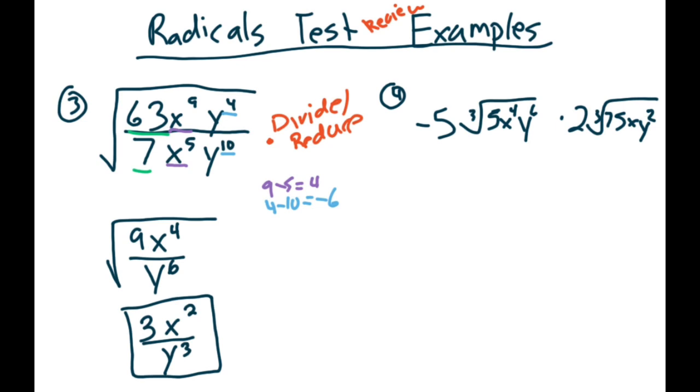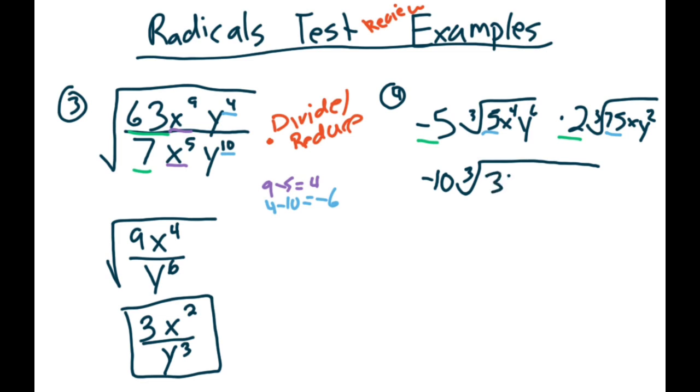So similar on 4, we're multiplying. So like on 3, where we divided first and then we simplified the radical, on 4, we're going to multiply first and then simplify the radical. So first, I multiply the outsides together, so I'll get negative 10. This will stay the cube root. And then I multiply the insides together. So 5 times 25, or 75,